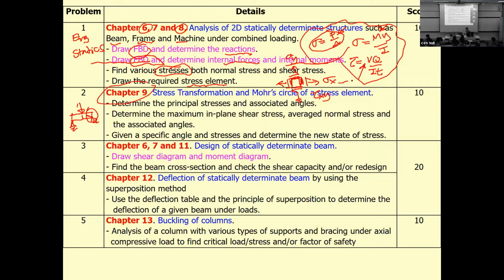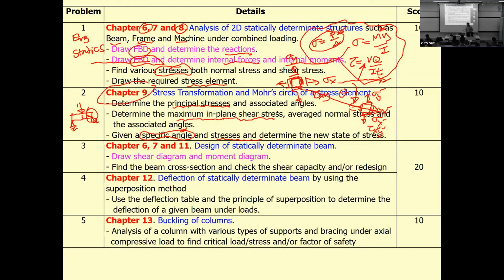That means you have to rotate this one to some other direction, x prime. And if you rotate this by the angle of theta, okay, for a given angle you can determine another stress. That's so-called the stress sigma sub x prime, and this one is going to be sigma sub y prime, and also you will see the tau sub x prime y prime. What it means is when you rotate the element, the value of the original stress changes, and sometimes it changes to the maximum normal stress we call principal stresses,